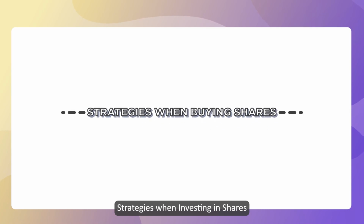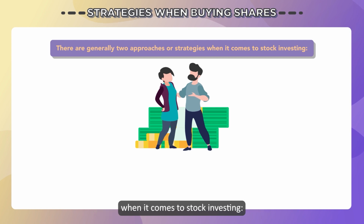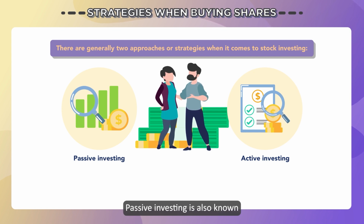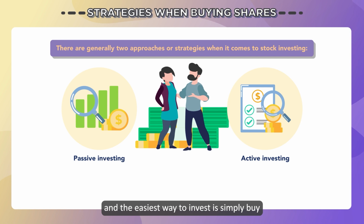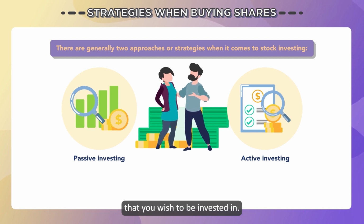Strategies when investing in shares. There are generally two approaches or strategies when it comes to stock investing: passive investing and active investing. Passive investing is also known as the buy and hold strategy. You believe that the market is efficient and the easiest way to invest is simply to buy a fund that tracks